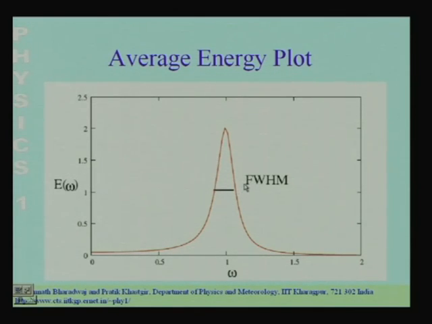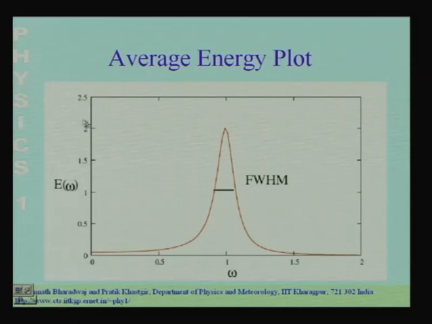So, we use something called the full width at half maxima, FWHM, to quantify the width of such peaks. Let me explain what we mean by the full width at half maxima. Let us first ask the question, what is the maximum value of this peak? The maximum value which this peak has is 2, and this occurs at the frequency omega, which is the square root of omega naught square minus 2 beta square. At that frequency I have the maximum value, and in this case the maximum value is 2.